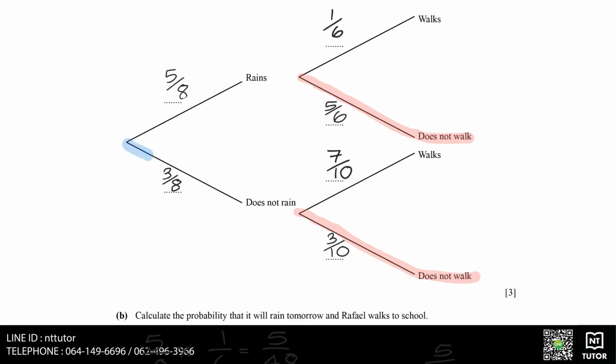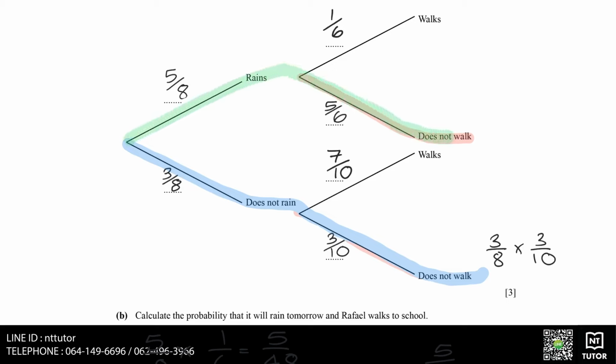So that's when it does not rain, then he doesn't walk to school. The probability of that is the product of the probabilities along the way, so that is 3 over 8 multiplied by 3 over 10. The second pathway that leads to Raphael not walking to school is when it rains and